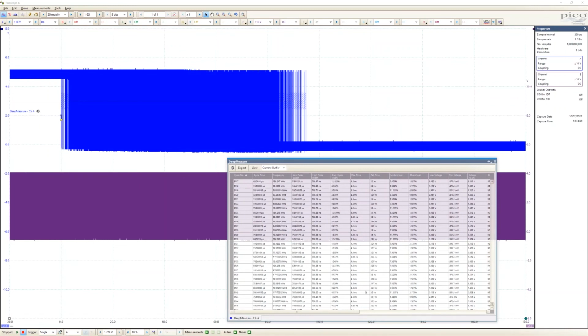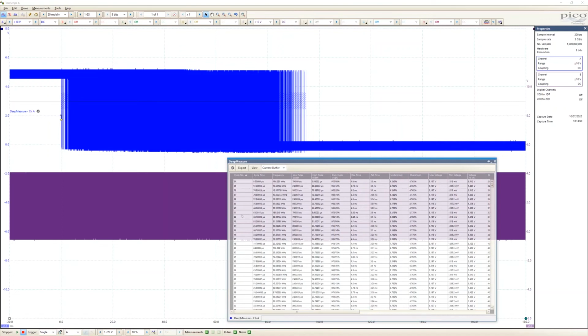I can see that there are 8,146 pulses in total, and for every single one of those pulses I can see the cycle time, the frequency, the reciprocal of the cycle time, the low pulse width, the high pulse width, the duty cycle, the rise time and fall time, the undershoot, overshoot, and so on.